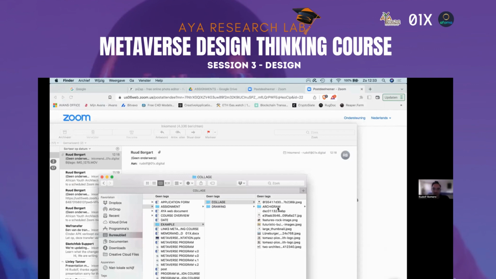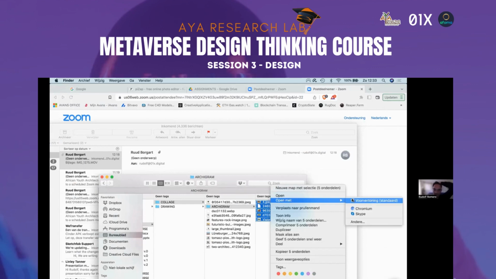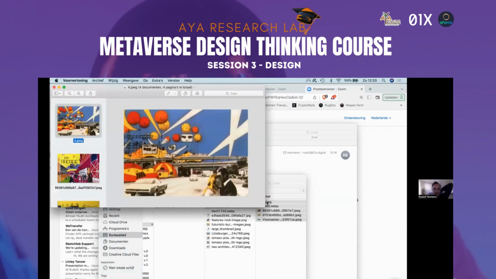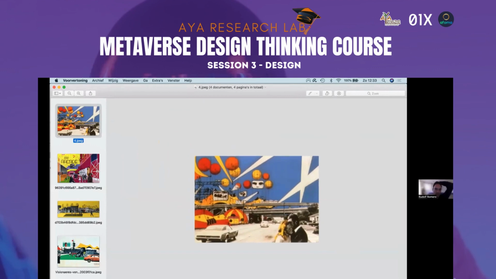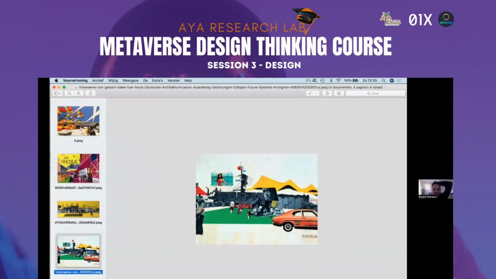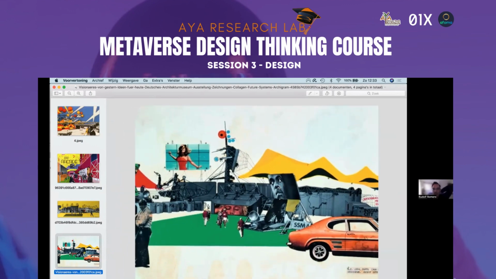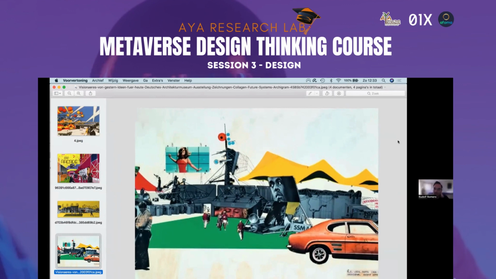And then the second phase is that I usually create some collages. And in architecture, this is done by many great architects. This is Archigram. It's a very well-known architecture collective. And in the 60s and 70s, they created these kinds of architectures, you see? This kind of collage with lines and cutouts. Can you see this?